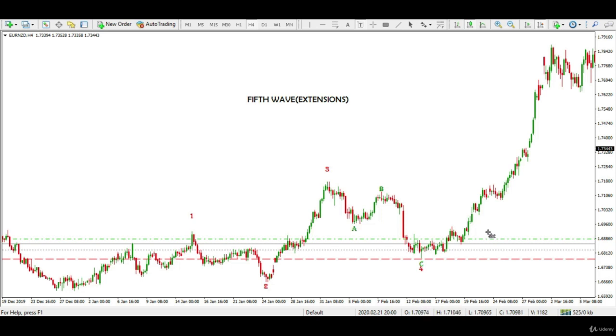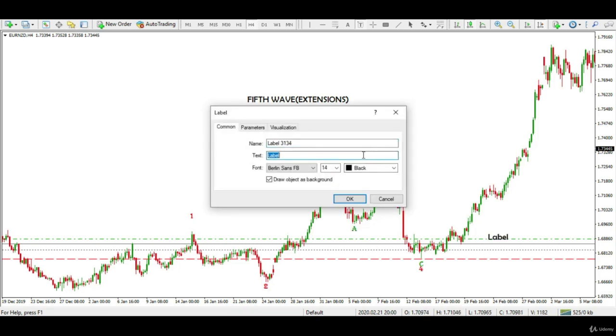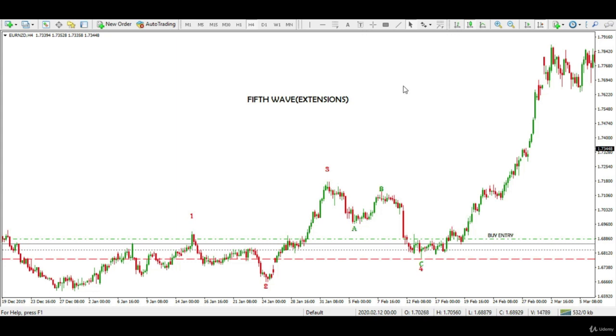Ideally, you will place your buy stop after first retracement following a price reversal. Guys, in later parts of this course, you will study how trade entry methods are designed to enter the markets at the best possible price available. And finally, the stop loss would be just below the low of wave 4.